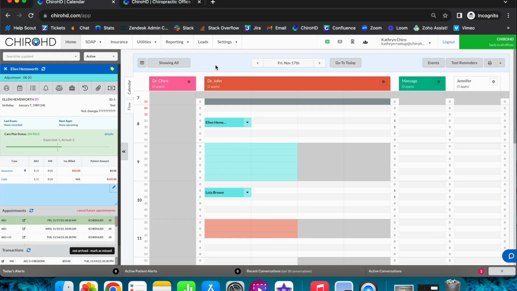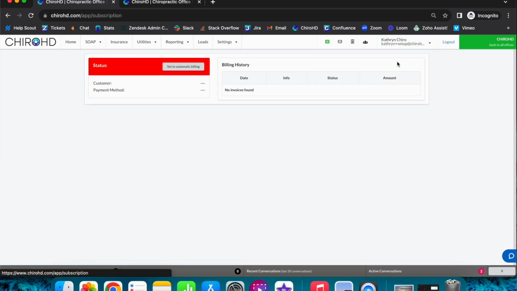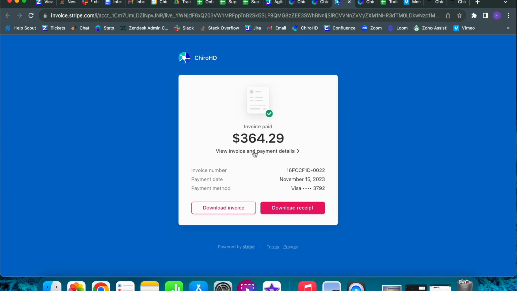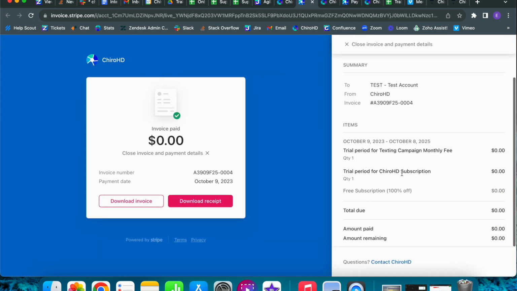To see your invoices, to see how many texts you have sent, you would log into your location. This is also where your billing is managed for your ChiroHD subscription, which we'll cover in another video. You click on your name at the top right, subscription. Here you will see your various invoices. To see your texting, you click on View/Pay Invoice, then click View Invoice Payment Details, and then you will have